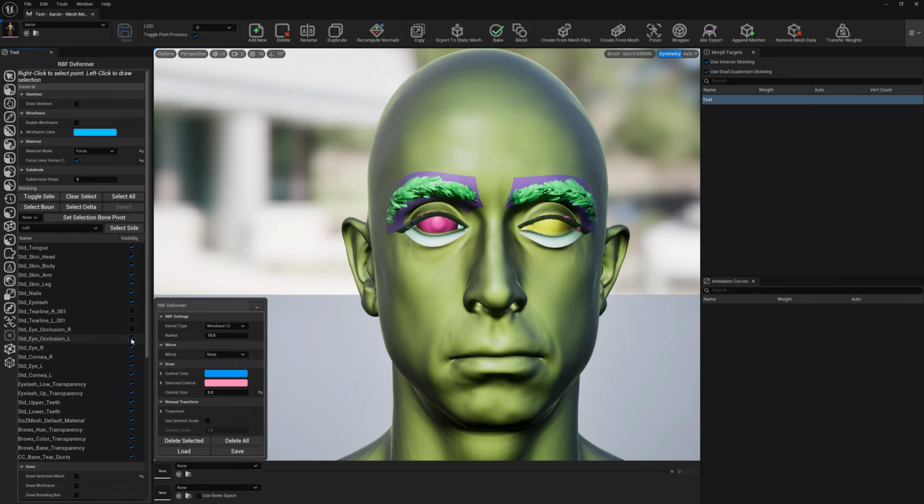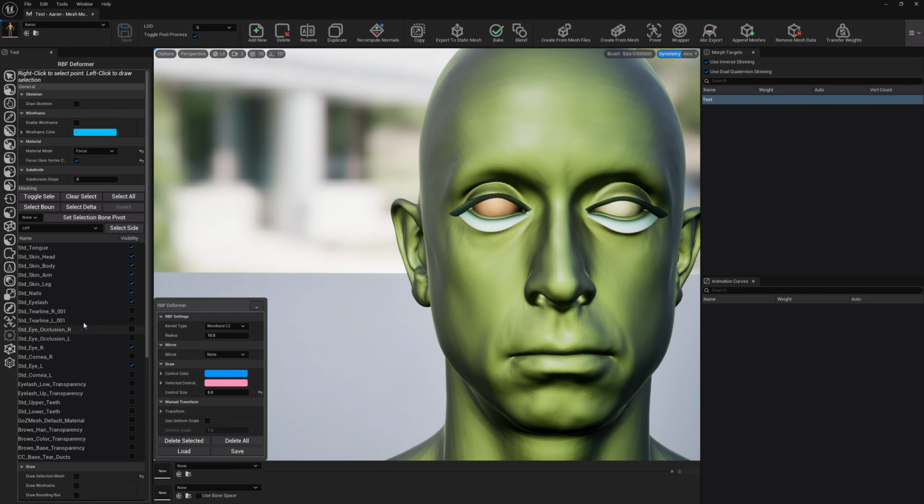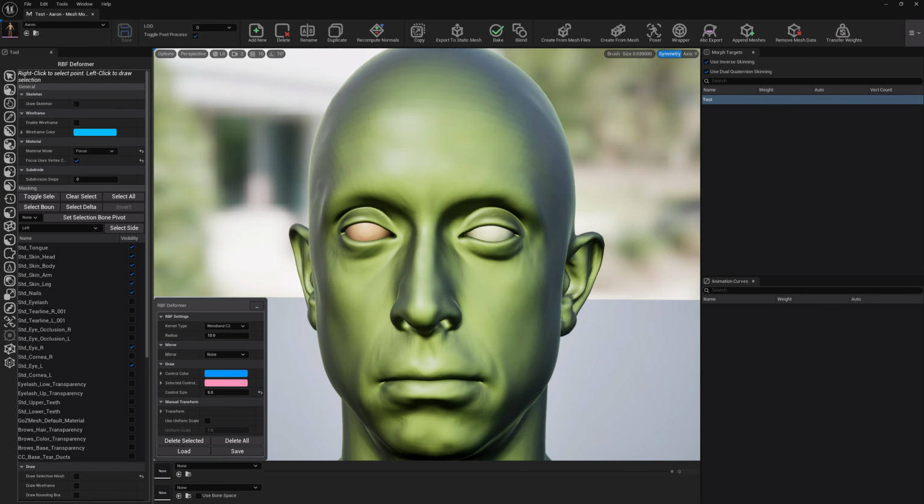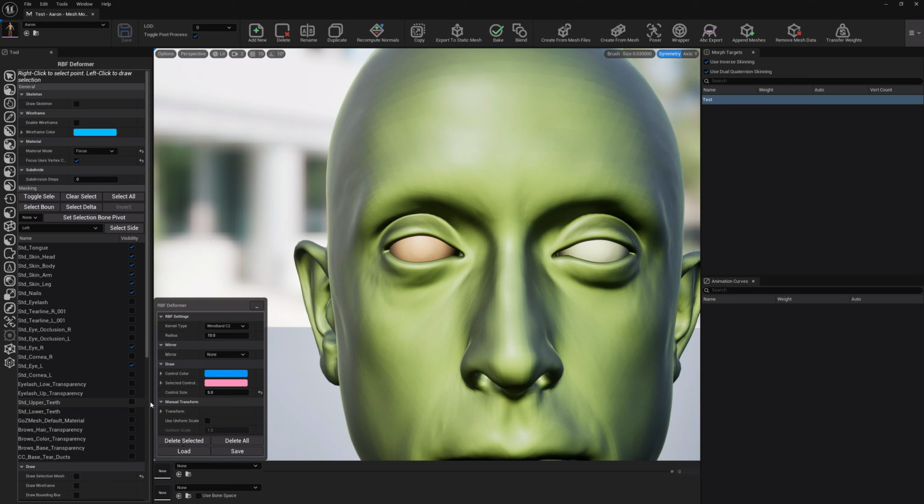Let me hide some of these sections. We don't need them. Cornea. We don't need the eyelashes to see them. Let's hide the eyebrows as well. And the eyelashes. So now to proceed, you can increase the control size if you add a control here, and it's too small. By default, it's this one. You can increase the size,